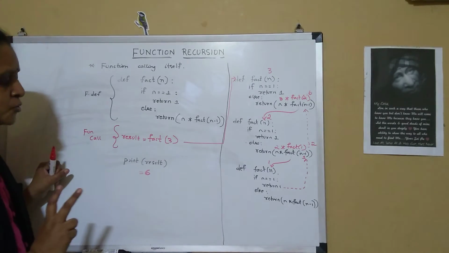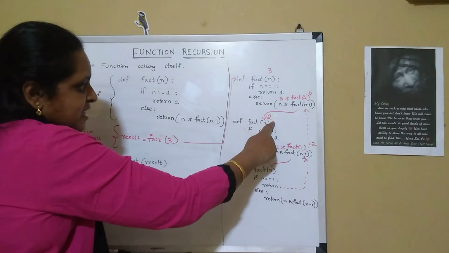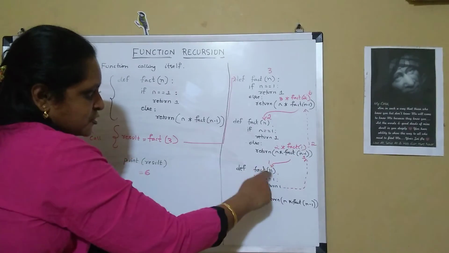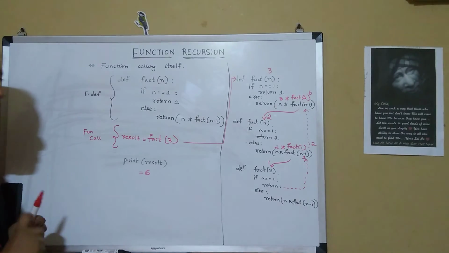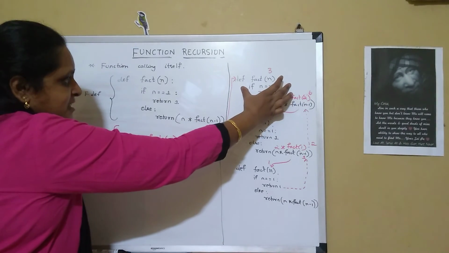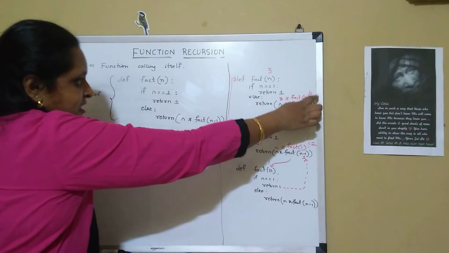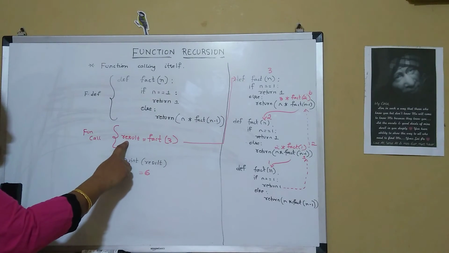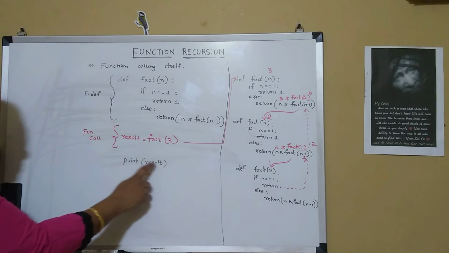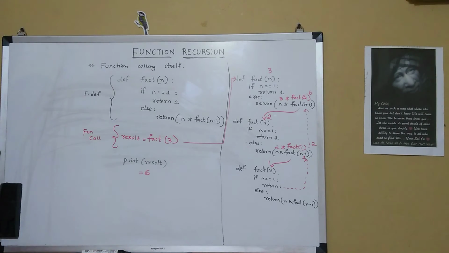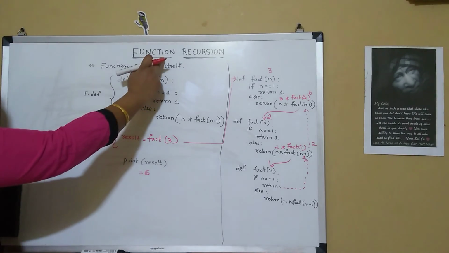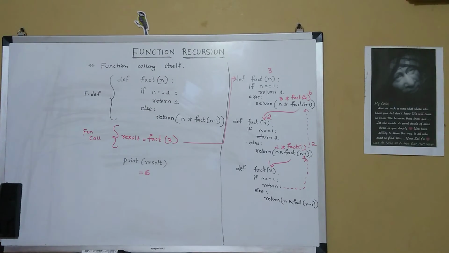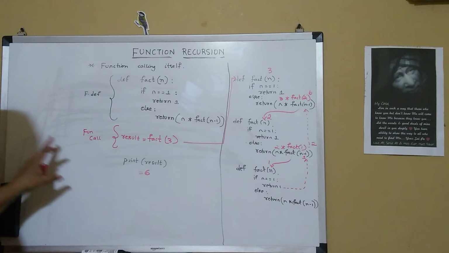So here we have to remember two things. Firstly, the function is being called itself. So first we are calling the function and then the return value is being received back to the function. And once the main function is getting executed, that result is passed to the result variable over here. And now when we print the result, it will give the value equal to 6. Hope so friends, it is clear for you. Function recursion, factorial of a number using function recursion. Hope so it is clear for you.